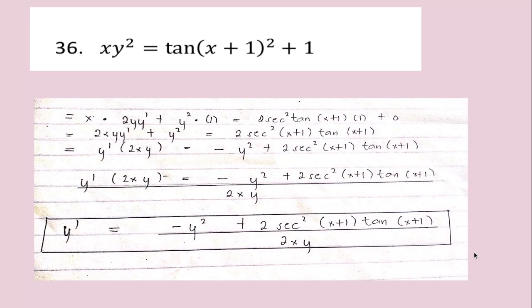So we are going first to solve the left side, which is the derivative of x y squared. So the derivative of x y squared is equal to x times the derivative of y squared, which is 2y prime, plus y squared times the derivative of x, which is equal to 1. Then we are going to